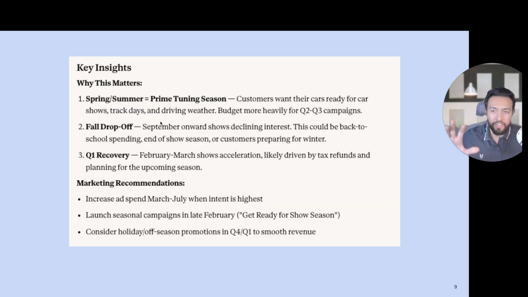based on the context of the brand, spring and summer are prime season for the brand's product, customers want their cars ready for car shows, track days, and driving weather. So budget more heavily for quarter 2 and quarter 3 campaigns. There's a fall drop off in September, and it just gives context of why, because it could be back to school, end of show season, or customers preparing for winter. Again, the more context you give it, the better the answers, especially real information that you know what's going on